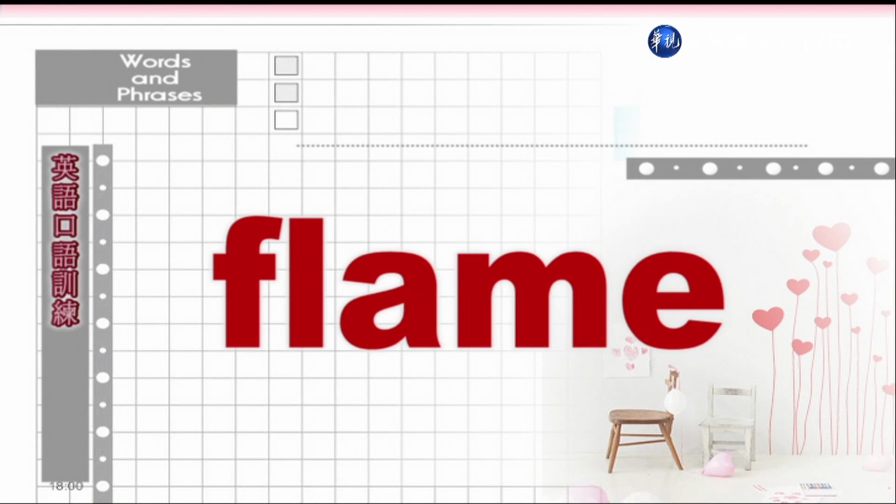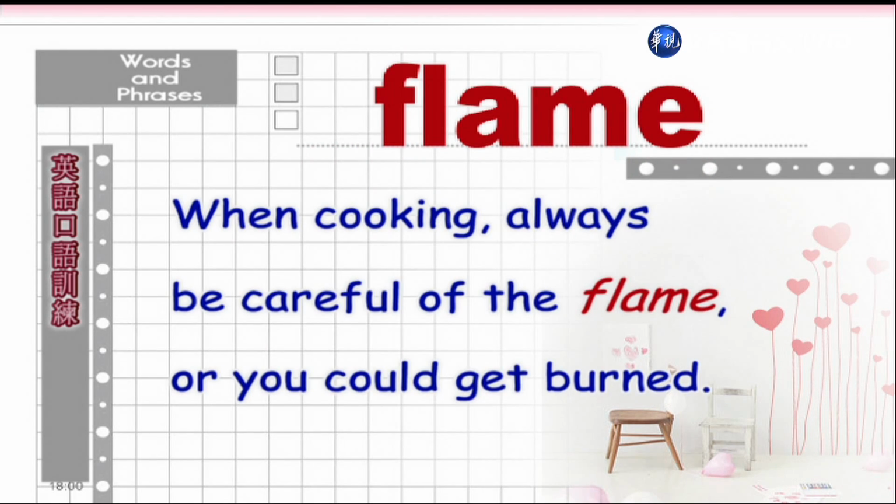Flame, flame. 火焰。When cooking, always be careful of the flame, or you could get burned. 煮菜的时候呢，永远都要小心炉子上的火焰，否则你可能会烫伤。